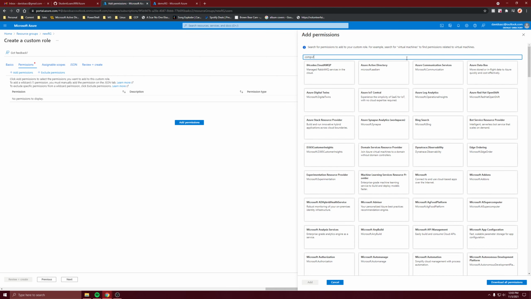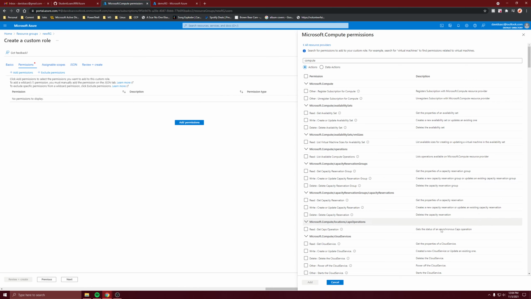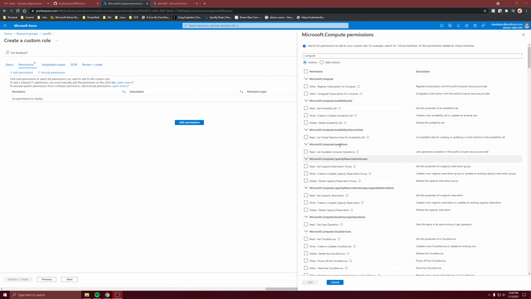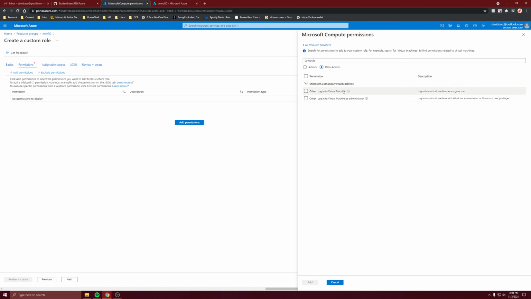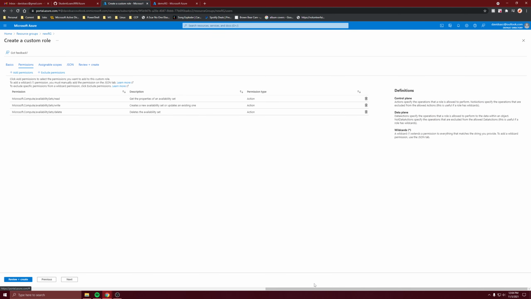So let's say we want compute, for our virtual machines. So you go to Microsoft Compute, and here are all the different required actions you could do. There's also data actions like logging in. So let's just say you want to work with availability sets. Then you get those permissions and you say add. So these are the permissions that you're going to have if you assign this custom role, or you could exclude